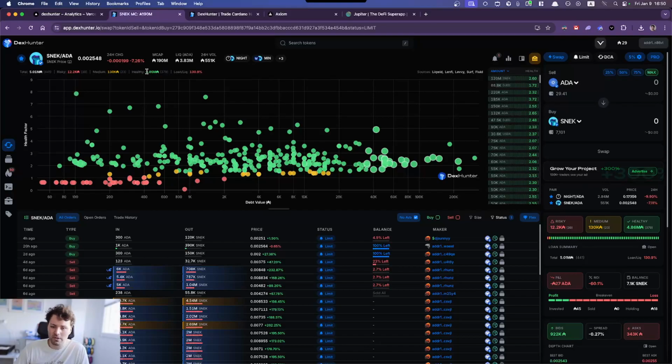So if it's 3 times the initial loan amount, then it's going to be 3 times the collateral, the health factor. And so if you lend 3,000 ADA to somebody but get 10,000 as collateral, you feel safe. However, what can happen is that if the token price drops and all of a sudden that 10,000 in the token that you had becomes 3,000 or less, that means it's no longer